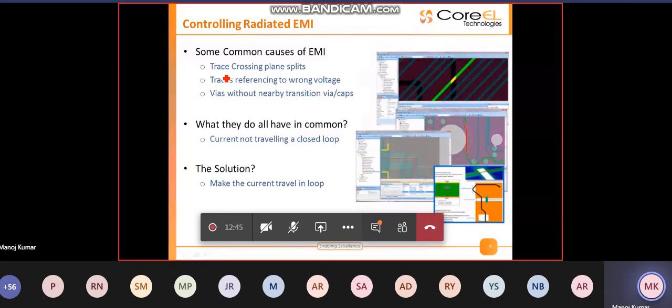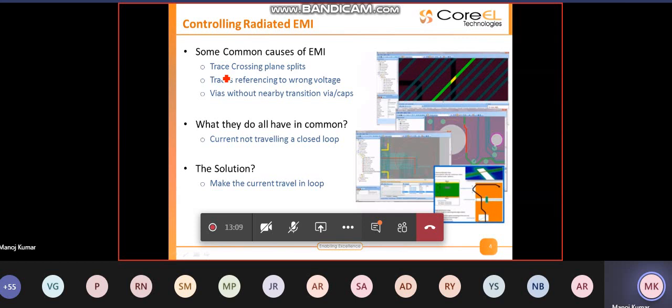The other challenges are wires without nearby transitions, wires and caps. We will talk about how these challenges radiate energy, and we will go through a couple of examples in HyperLynx SI.